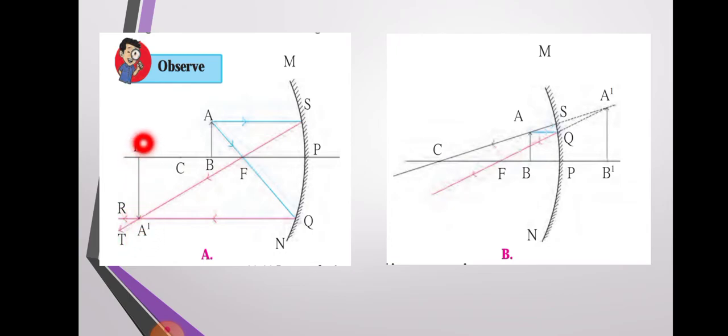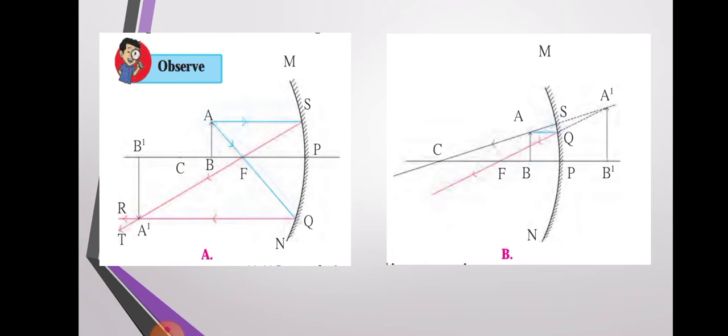Okay, so this is the image which we will get over here. So this image is which image? This is a real and erect image. Here you can see this image is a virtual image because ये image कहाँ पे form हो रहा है? Mirror के पीछे, behind the mirror. Okay, so this image is called a virtual image and this image is always bigger than the object. यहाँ पे you can see the object छोटा है और ये बड़ा है. Yes, so the image formed is bigger than the object.